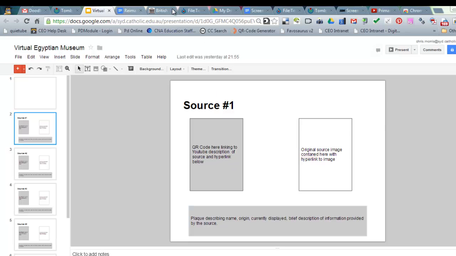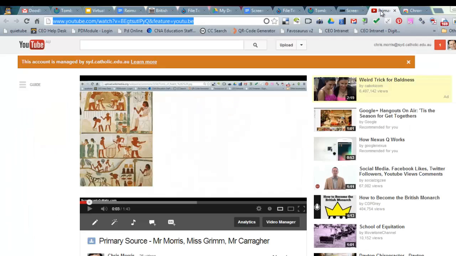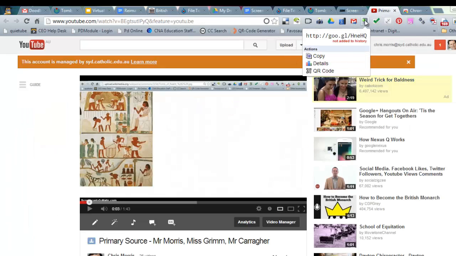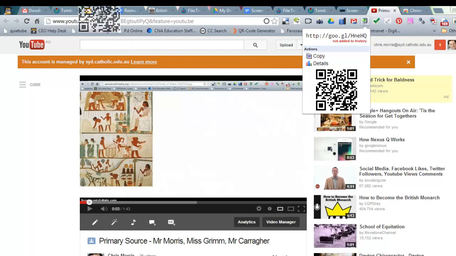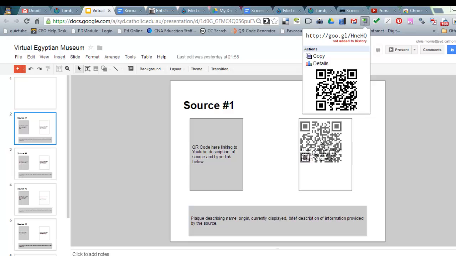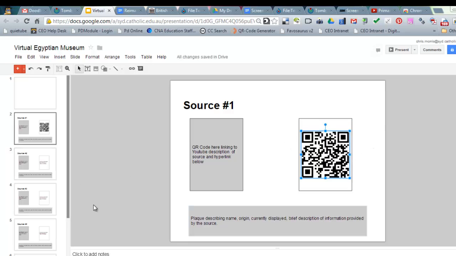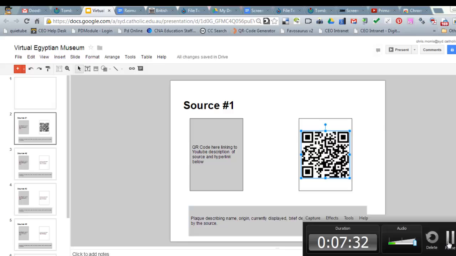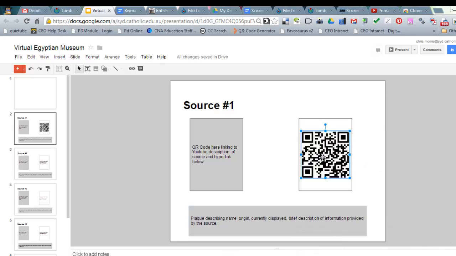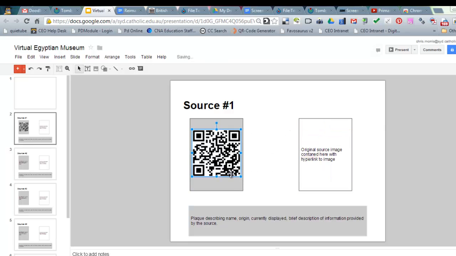So if I go back into my YouTube clip and I do my Google URL shortener, what I can do is, this is just an image file, I can drag it over and pop it straight into that box there. And that will now hyperlink to my video. And so I've brought my QR code across, and what I also need to do is I need to provide a